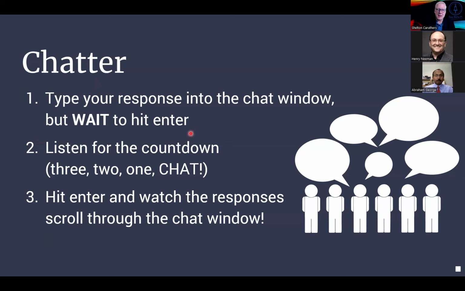I'll ask you to type your response into your chat window, sending it to everyone, but don't hit send or click enter yet. Just type your response, and then I'll count down 3, 2, 1, chat. And when I say chat, hit your enter key or click on the send button, and we'll see an explosion of responses, and we can read through them together, you on your screen, me on mine, as those responses come in. So again, we call that chatter.